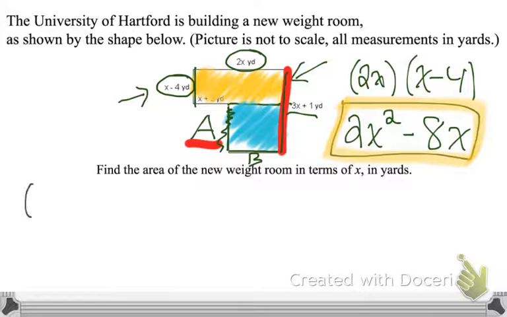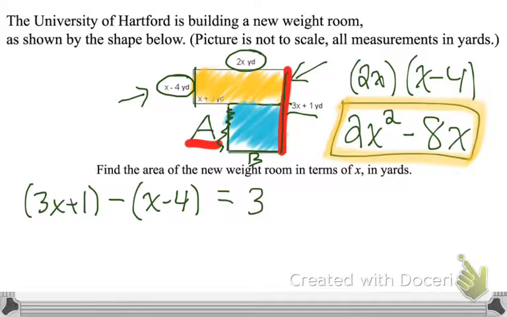And to do so, I'm going to say 3x plus 1 minus x minus 4. Let's do that out. 3x plus 1 minus x plus 4. Because we had minus a negative 4. So altogether, that equals